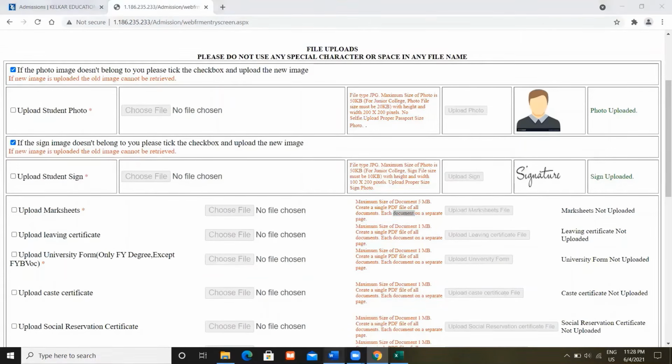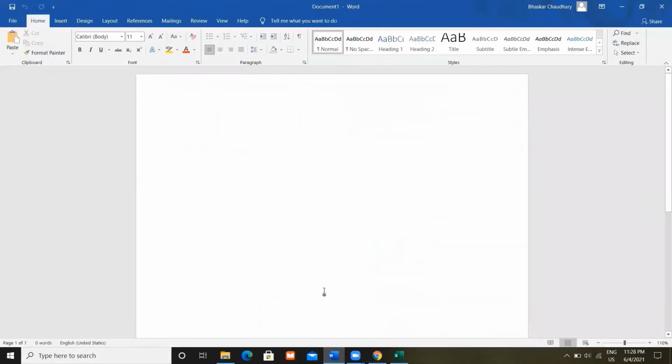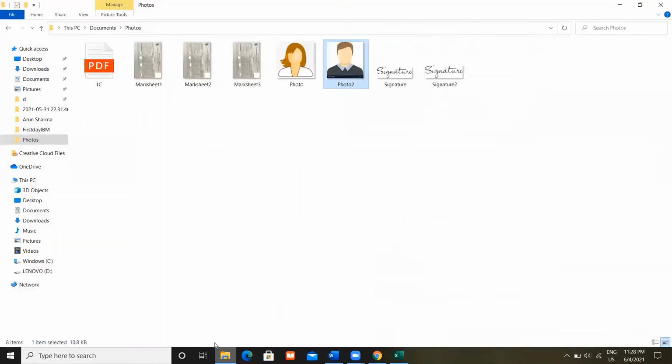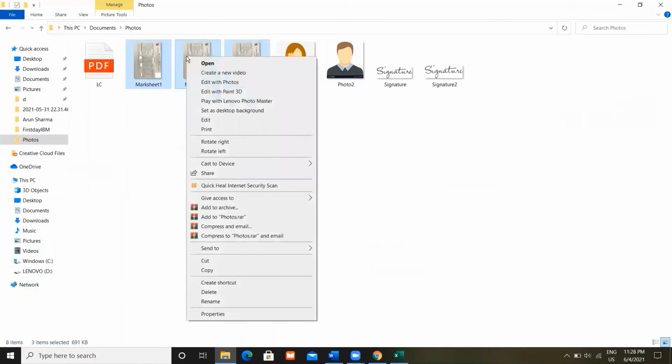So just open a blank Word document. As you can see, I have 3 images of mark sheets over here with me. Likewise, you can add as many as you want, like the HSC mark sheet, your 10th, 12th, your first semester, second semester. Likewise, you can take the photo of all your mark sheets, select them, right click, copy them.